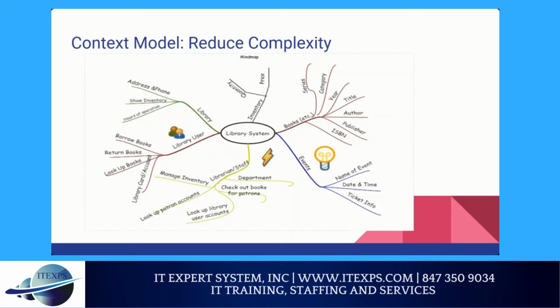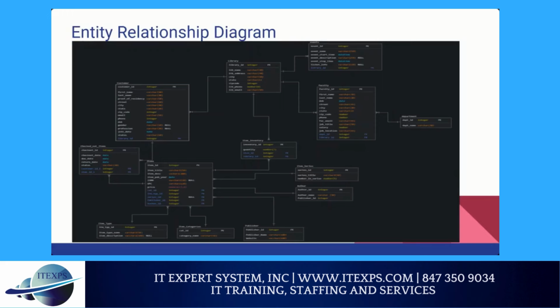Moving forward, I would like to show you our ER diagram. This ER diagram provides a comprehensive overview of the library's database structure, and it helps us understand the relationships between the different entities and how they interact with each other. The key entities include library, books, members, items checked out, authors, publishers, events, accounts, faculty, and admin. I would like to invite Randy to give more information about the project.